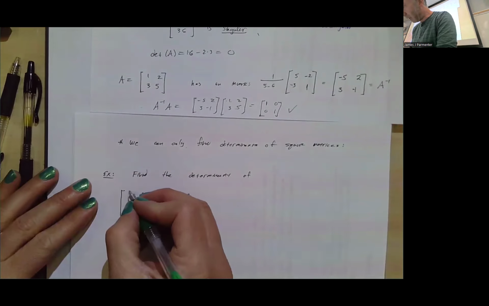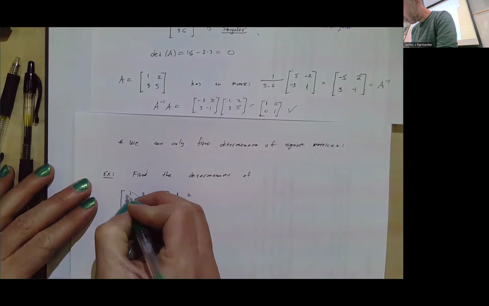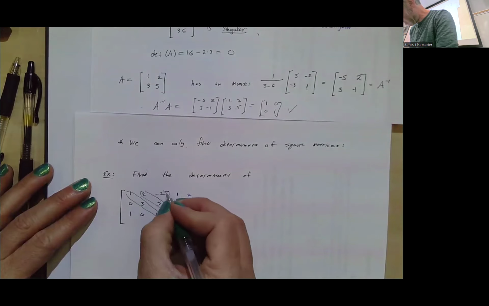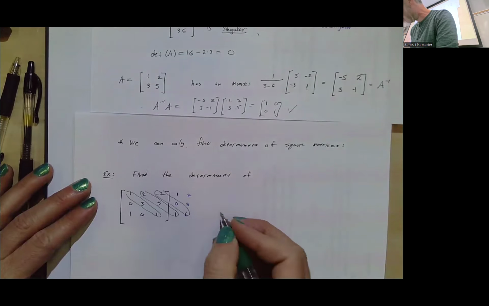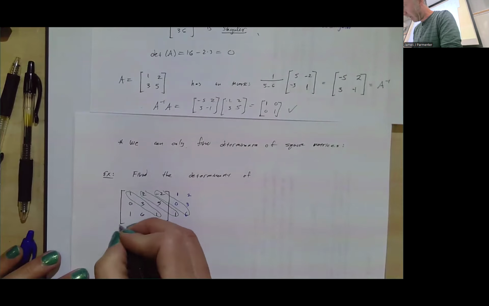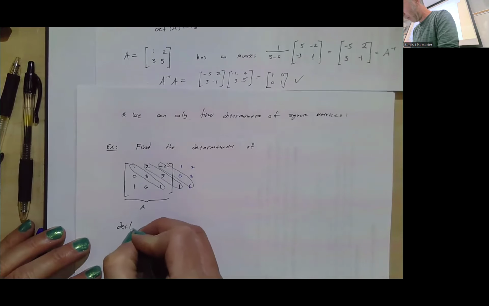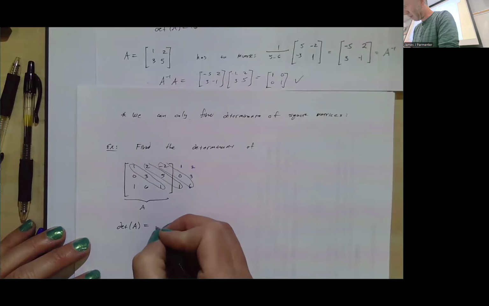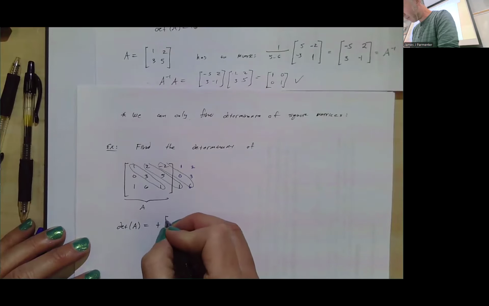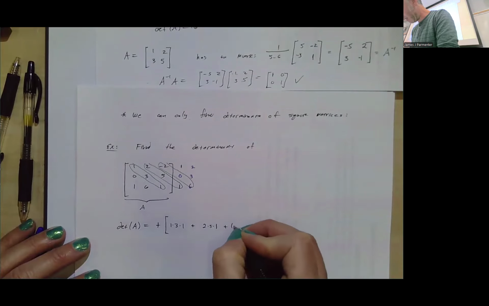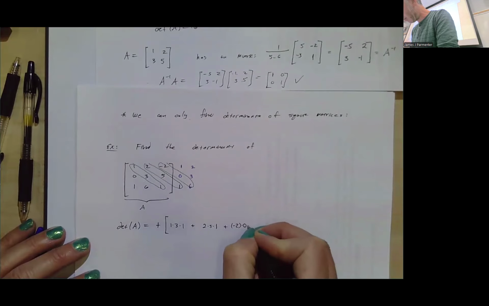So 1 times 3 times 1 plus 2 times 5 times 1 plus negative 2 times 0 times 6. So if this is our matrix A, then the determinant of A that's going to be part of it is going to be plus 1 times 3 times 1, plus 2 times 5 times 1, plus negative 2 times 0 times 6,